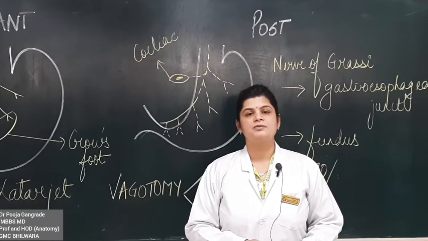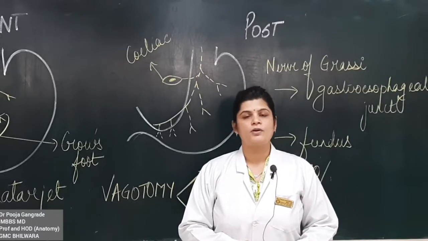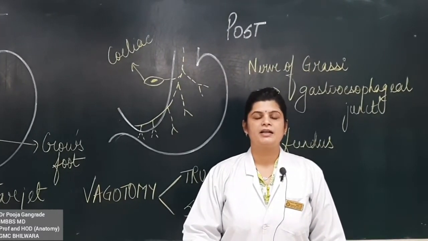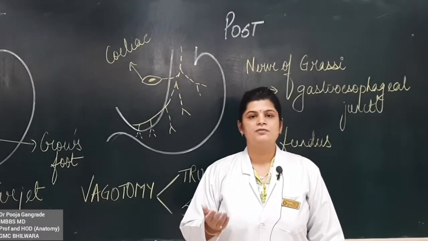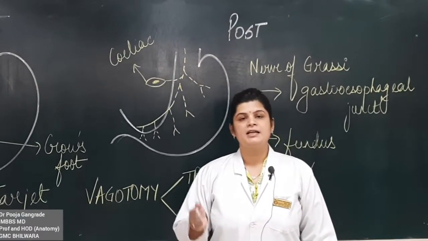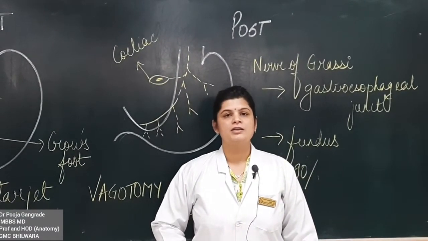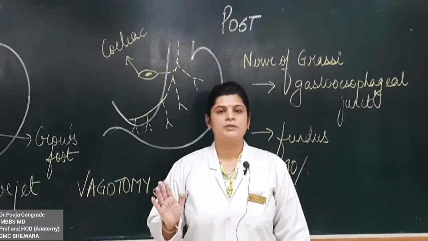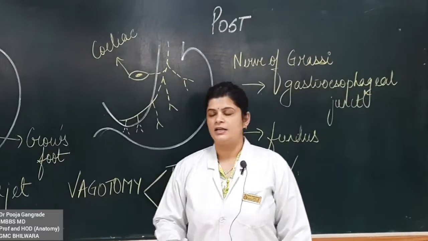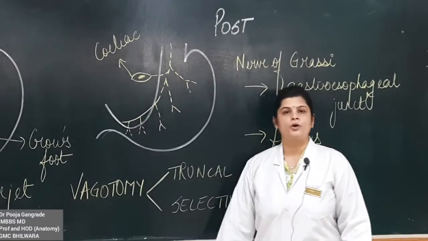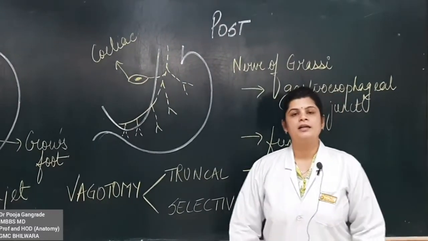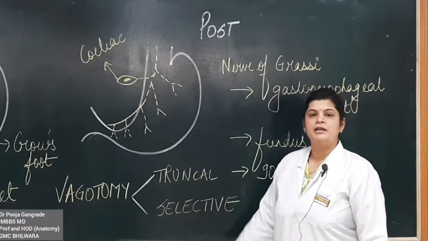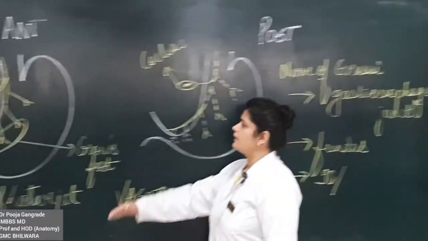But in patients where the ulcers do not recover, the final stage that we end up doing is an operation called vagotomy. That is, parietal cells जो हैं, जो secrete करते हैं HCl, हमको उनको खत्म करना है so that acid secretion कम हो जाए. For that, what we do is vagotomy. Now, vagotomy in earlier days used to be done as truncal vagotomy.